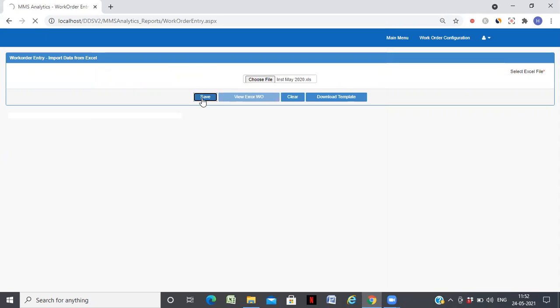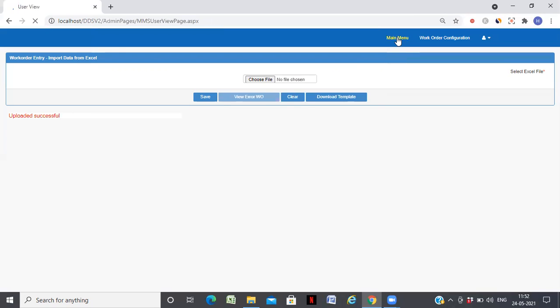So what happens is once you upload this data, you can see the complete analytics. But in case your existing system is open, you don't have to do this. We can have an API connected to our system, and it can directly fetch the data. So now this has got uploaded successfully.